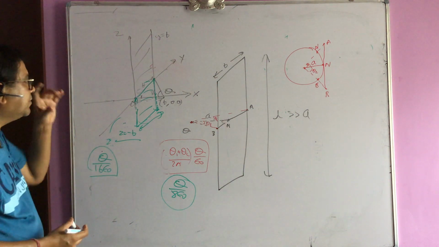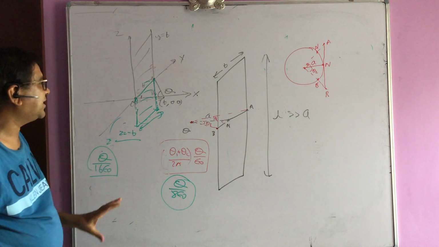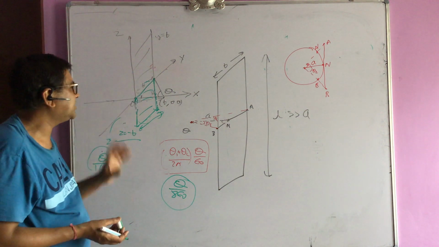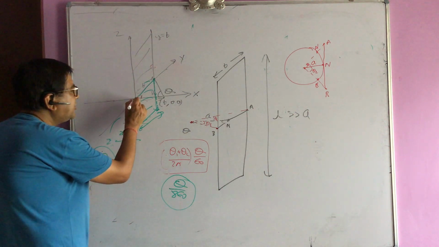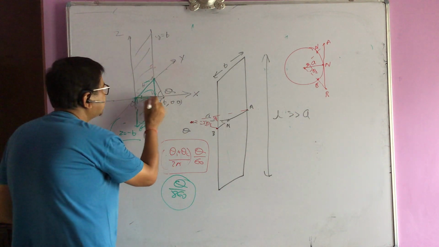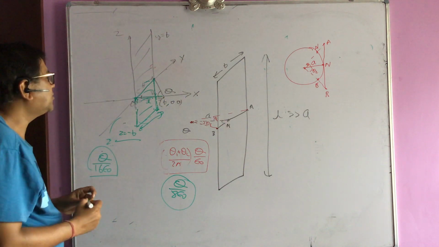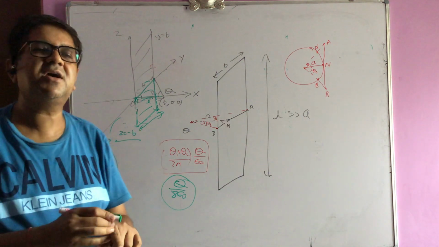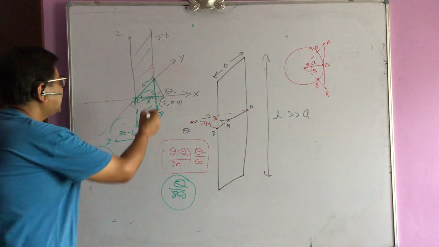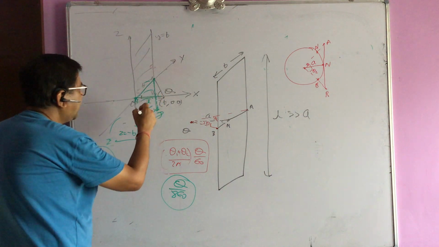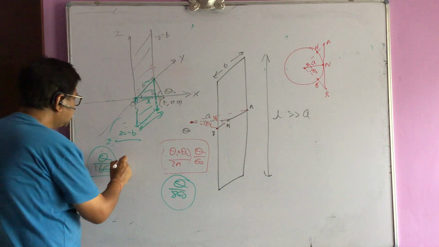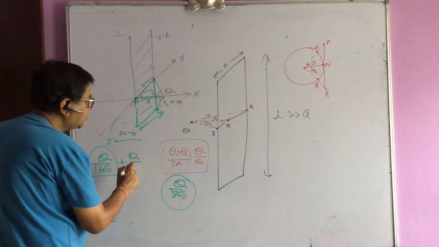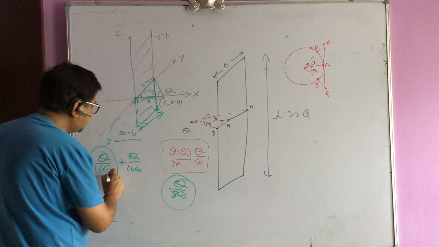Now we have to calculate the flux only due to this extra part. You clearly see what this extra part is. This extra part is a square plate of side length b, and this O is the corner of this square plate, and along the normal we are placing this point charge at distance L. So you know how to calculate the flux through a square plate if the point charge is placed at the corner at distance equal to the side length. So this flux is going to be how much? Q by 24 epsilon. We have already calculated q by 24. So my answer will be q by 16 epsilon naught plus q by 24 epsilon. So this will be the answer.